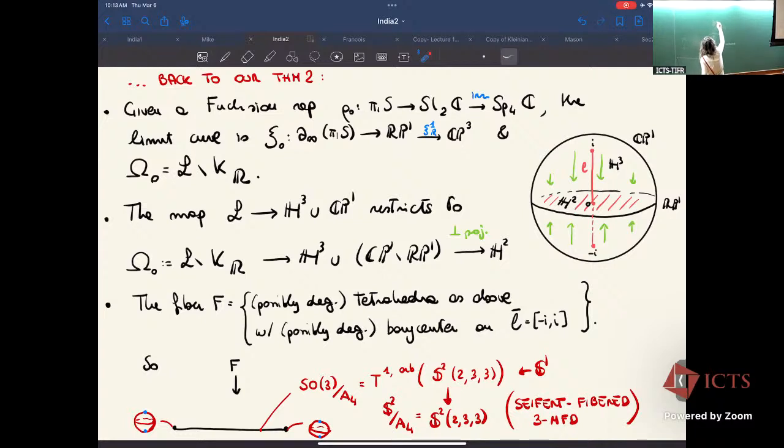U was our projection from omega. And so if you have a point in the interior, what are you looking at in F? You're looking at all ideal regular hyperbolic tetrahedra with this barycenter. And so what is that space? It is the whole SO3 mod this A4, because we have a tetrahedron, but we don't have an order on